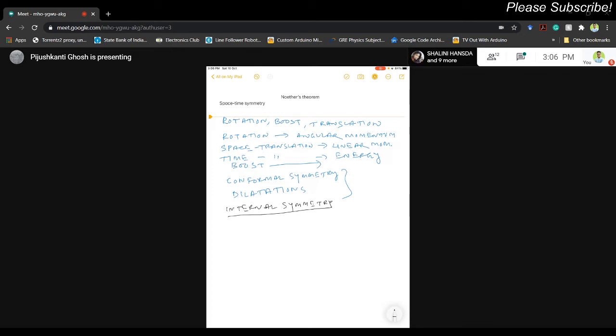You know that electric charge is conserved. You know that baryon number is conserved. You know that lepton number is conserved. So have you ever thought, I read about Noether's theorem that if there is a continuous symmetry of a system, then there must be a conserved quantity. The inverse of the Noether theorem is also valid. If there is a conserved quantity, that must correspond to some continuous symmetry.